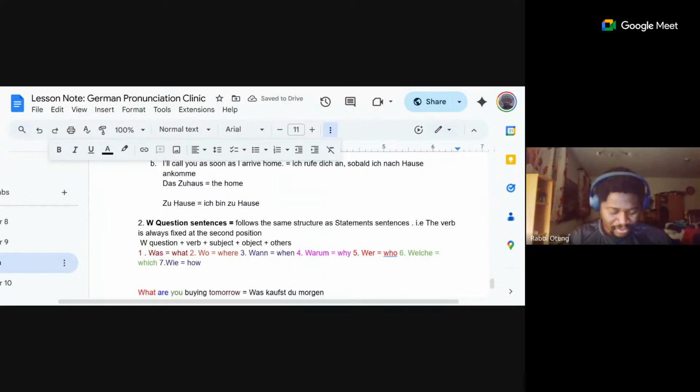Nominative answers the question who or what. So if I'm saying the man is coming, who is coming? The man. If I'm saying the apple is spoiled, what is spoiled? The apple. Okay, so nominative answers the question who or what. Then with accusative,